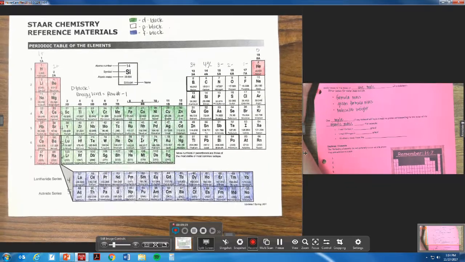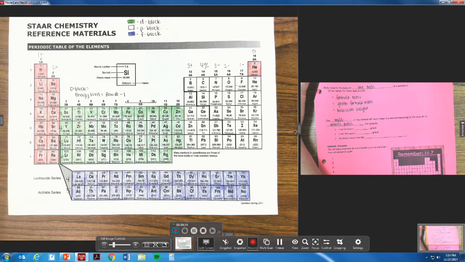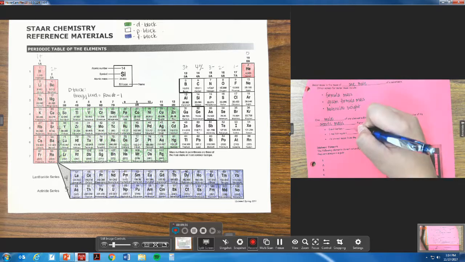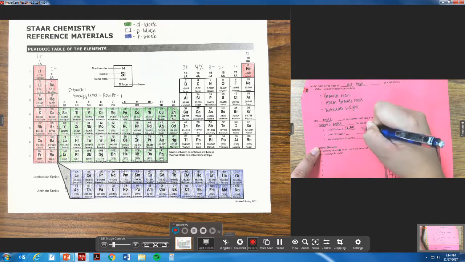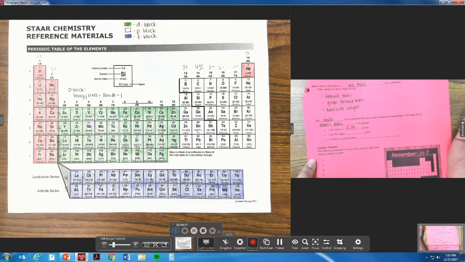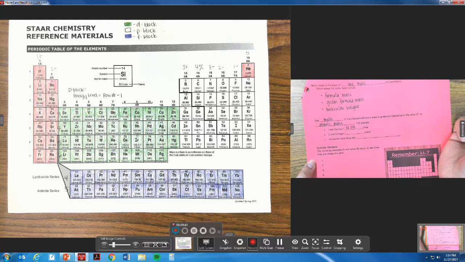Okay, so carbon is right here. Carbon's atomic mass is 12.011. So 1 mole of carbon is going to be equivalent to 12.011 grams per mole. Okay, 1 mole of nitrogen is going to be equivalent to